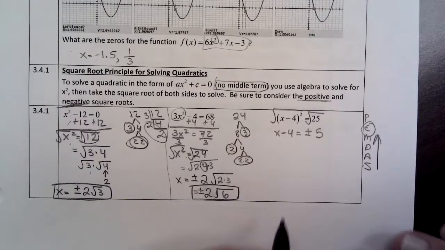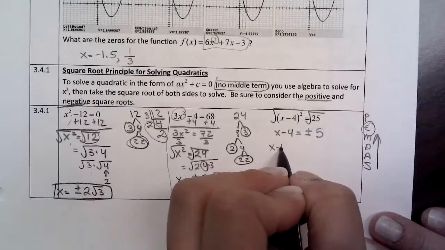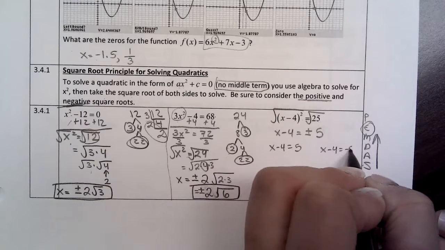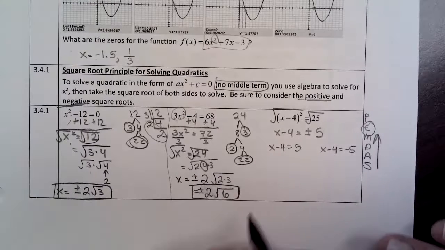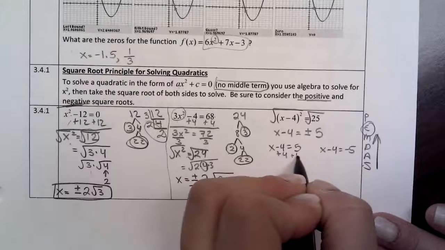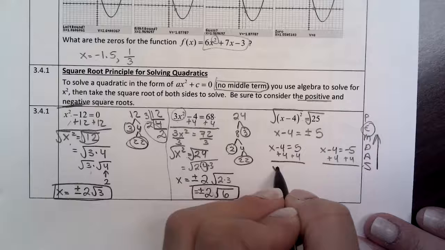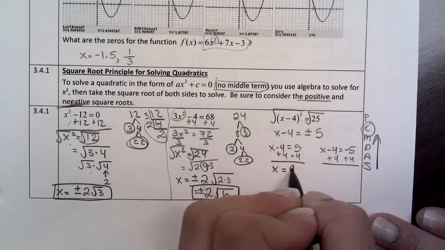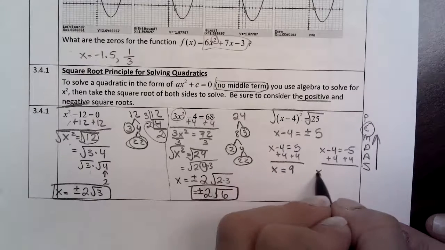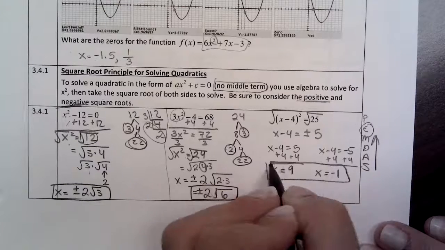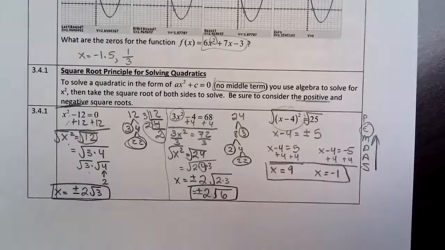So now in this case, we have 2 problems to solve. x minus 4 equals positive 5, and x minus 4 equals negative 5. So I'm going to add 4 to both sides of both problems, and I get x equals 9 and x equals negative 1. So those are the 2 spots,